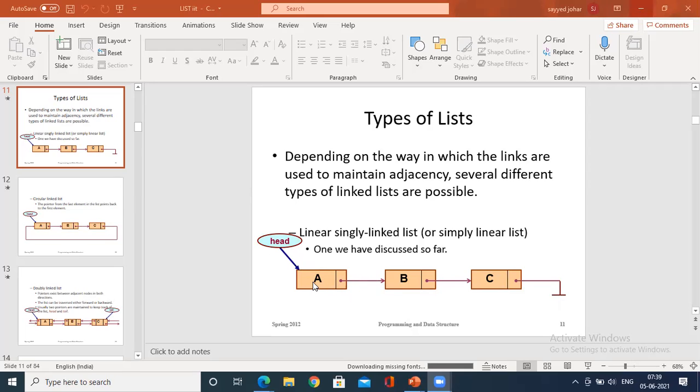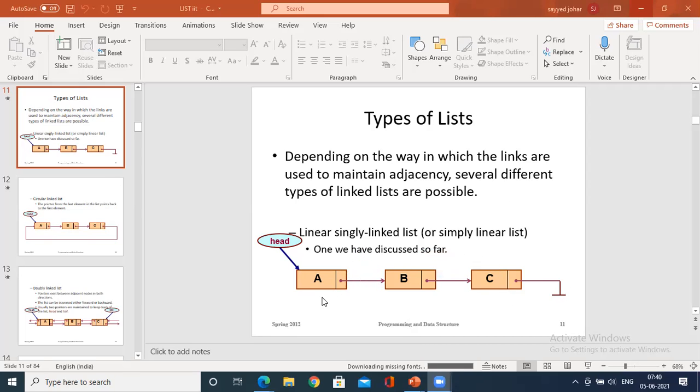And what it would do is always the first node is connected with the head. That is the address of A. It is not in this way, no? The first node connected to second. How did you connect A with B? It is based on the concept that this compartment holds the address of B. This compartment holds the address of C. So once it holds the address of C, this has to be connected to B only. Imagine if this held the address of C, I would not have connected this; I would have connected here to here. By seeing the address, I am connecting it. Okay. So connectivity you have followed.